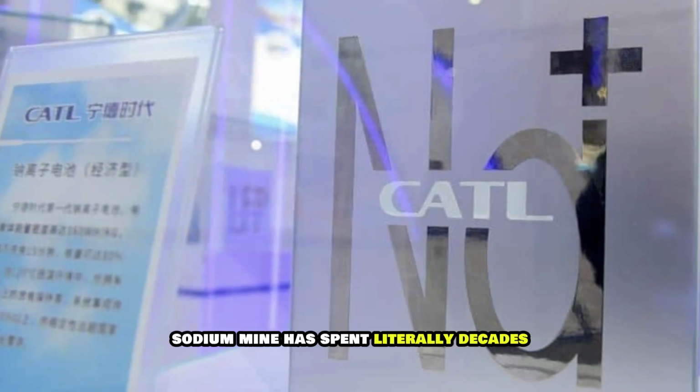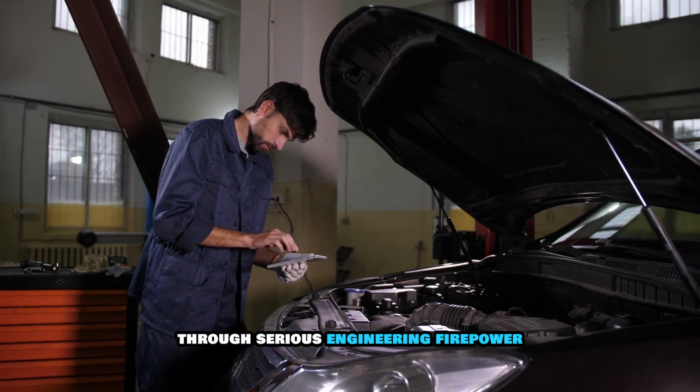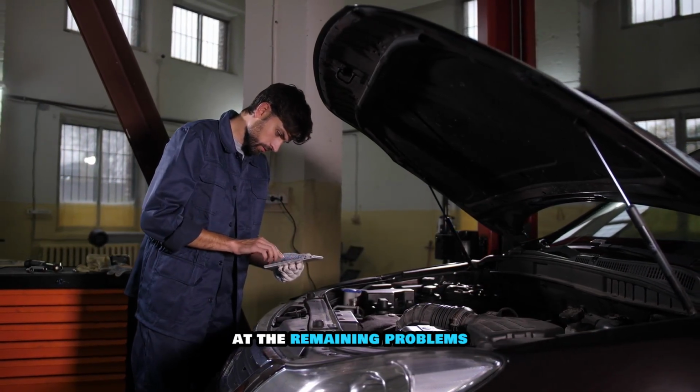Sodium-ion has spent literally decades being almost ready. What's changed is that CATL threw serious engineering firepower and billions of dollars in investment at the remaining problems